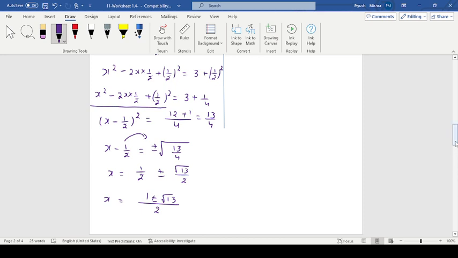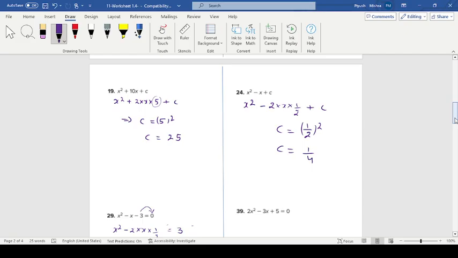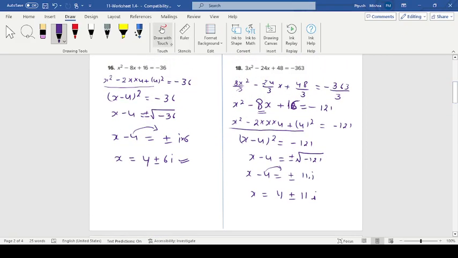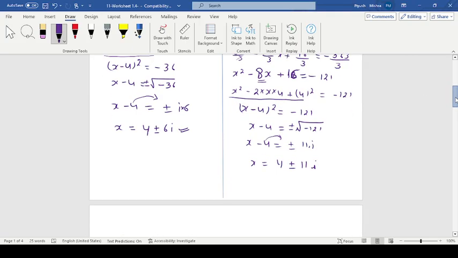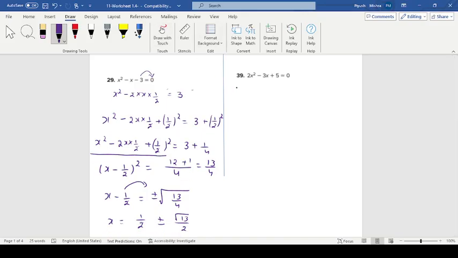Same way you can do the next question, nothing changes. But here 2 is written, so I will be removing 2 like I have done in the previous question. I will be showing you here. See, give me a minute. Here when the 3 was there, I removed the 3. In the same way, in this question, 2 is written, so I'll be removing 2. If you remove 2, it will give you x² − (3/2)x + 5/2